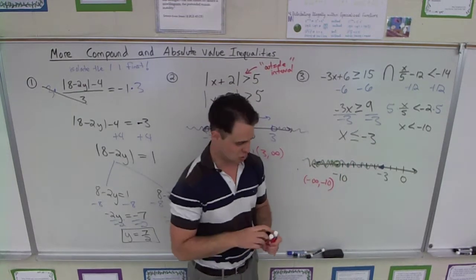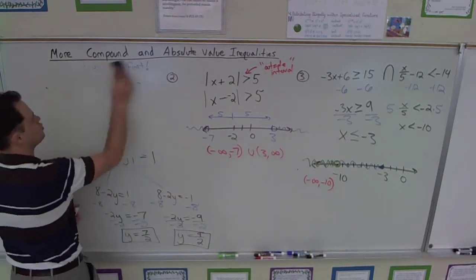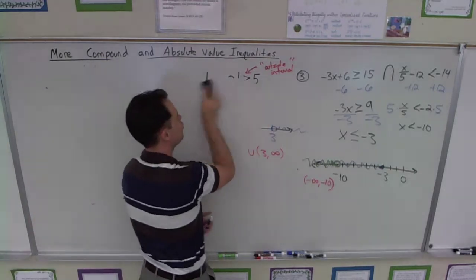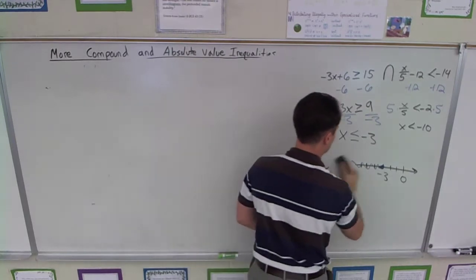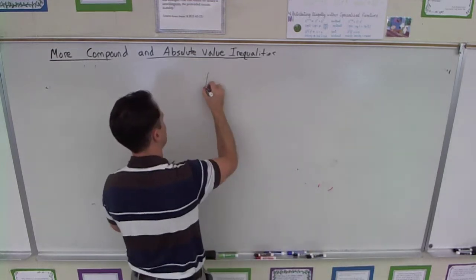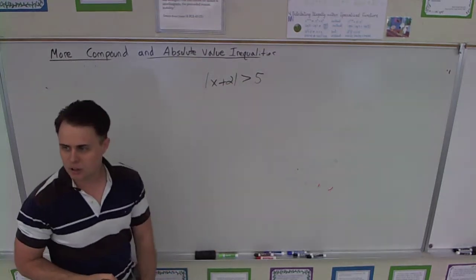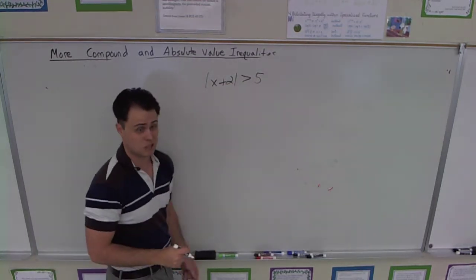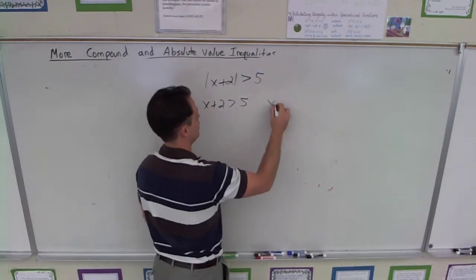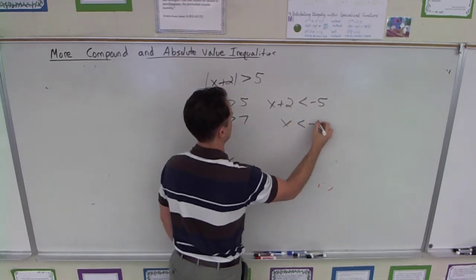Okay? Let's do one last little thing, and I think we'll call it a day. Maybe two last small things. Before you launch into just doing the algorithm where you switch, remember that one we had right here? It was x plus 2 greater than 5. If you're going to do that without the picture, you can do it really fast. This should take like 10 seconds if you're good at this stuff. You should be able to go x plus 2 greater than 5. X plus 2, switch. X greater than 7, x less than negative